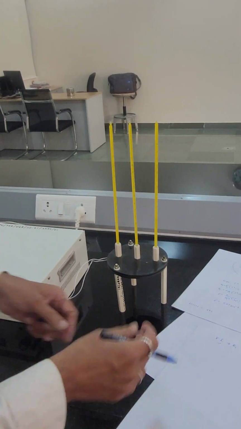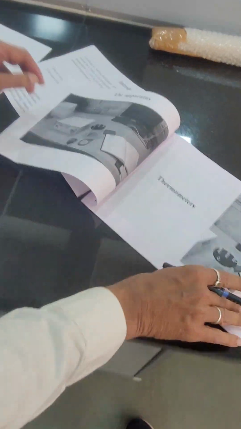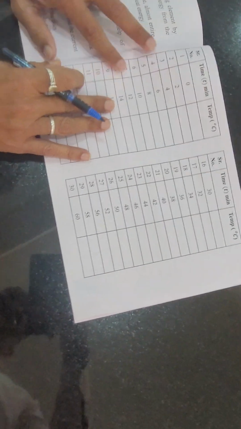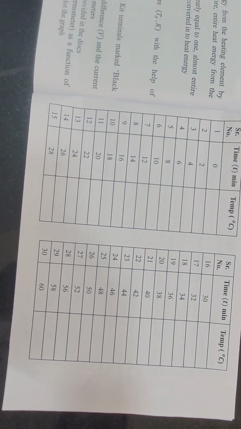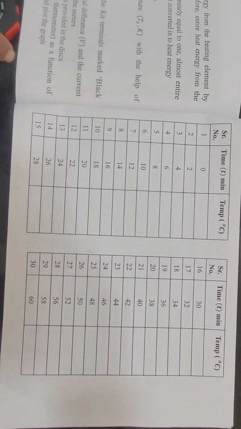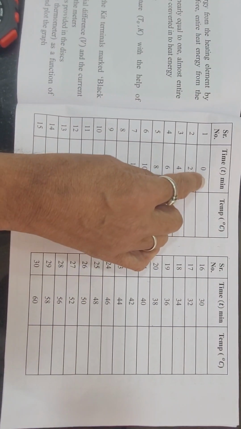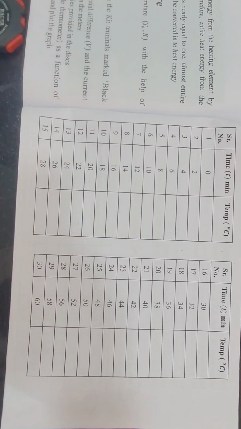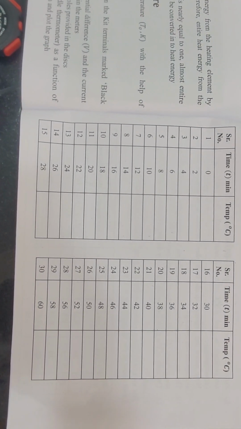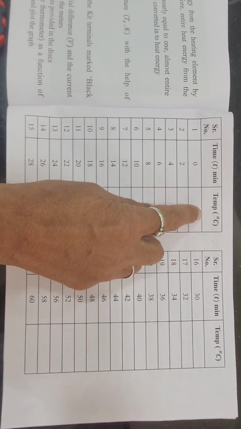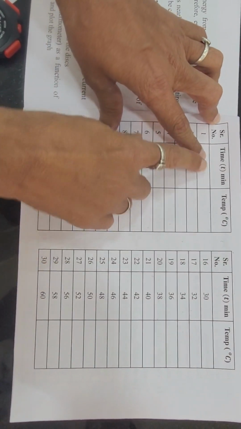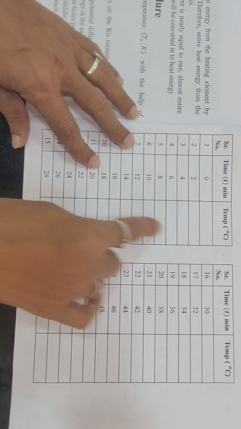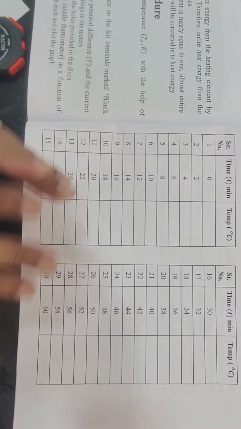So how we are going to take the observations? Look, after making the system on, you have to record the observations in such kind of observation table. There is a stopwatch given to you. By making this stopwatch on, you can read the time like 0 minutes, 2 minutes, 4 minutes, 6 minutes, and then you watch the temperature rise in the middle thermometer. So keep on writing the temperatures as the time proceeds. Record the temperature after every 2 minutes. As the temperature increases, it is marching towards equilibrium.